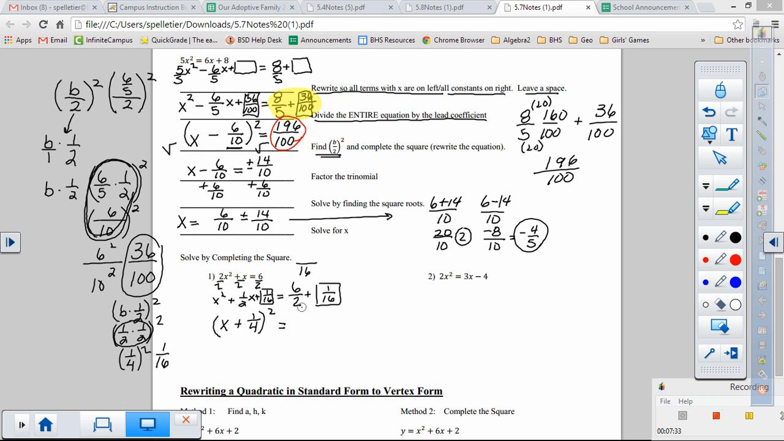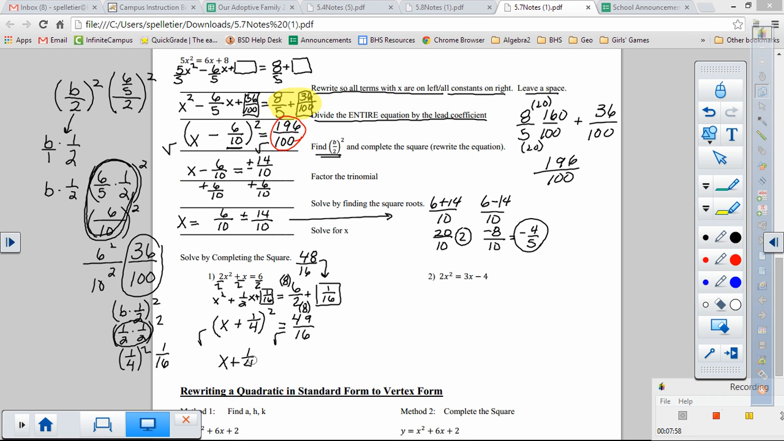Now before I can add these two together, I need to change the first fraction into 16ths, and I did that by multiplying by 8. So I also have to multiply the numerator by 8. 6 times 8 is 48. So I have 48/16 plus 1/16, which gives me 49/16. 49 and 16 are both perfect squares. So again, this is going to work out fantastically when we square root both sides,